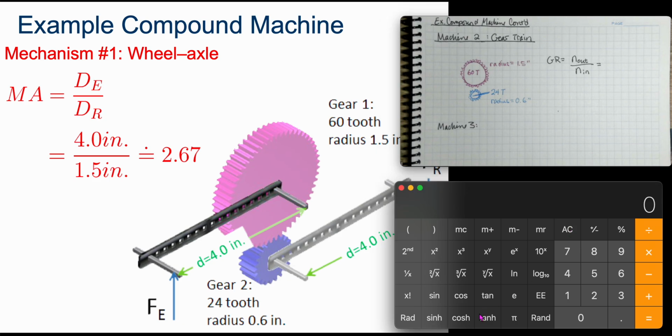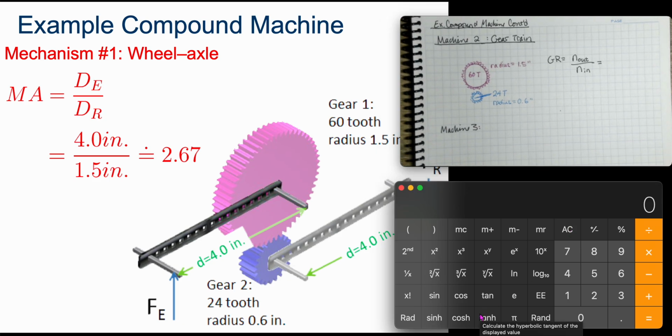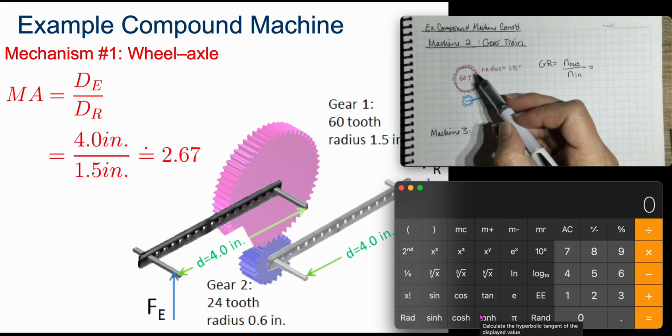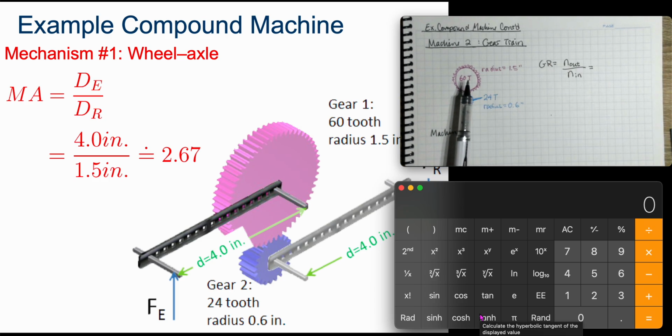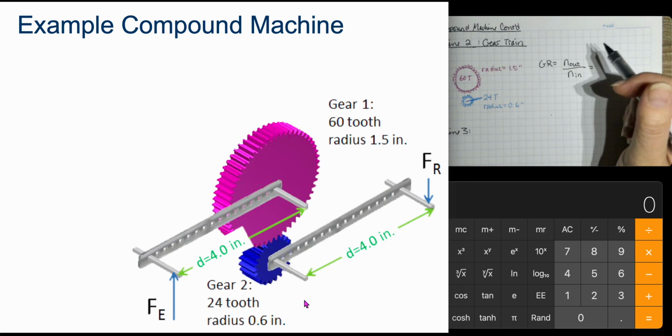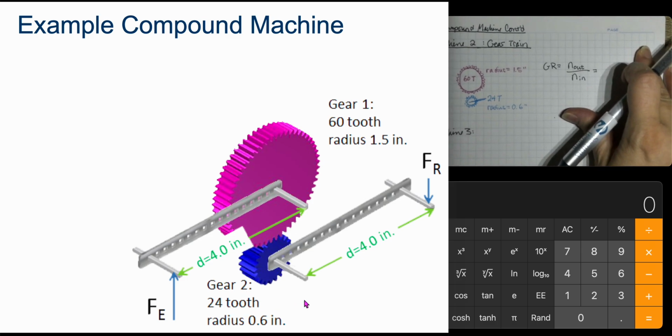So next machine, this is just a gear train, and we have the 60-tooth gear that is our input. It is driving our output, which is the 24-tooth gear. Okay, so we know that